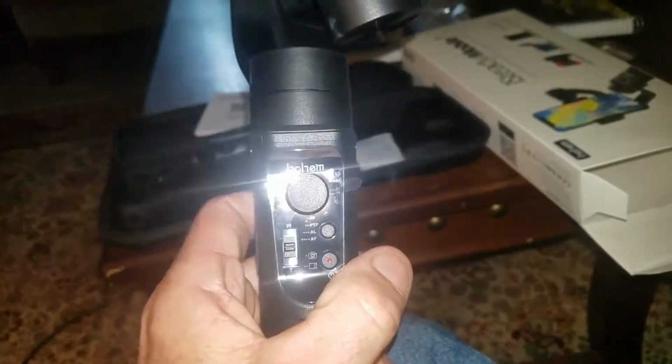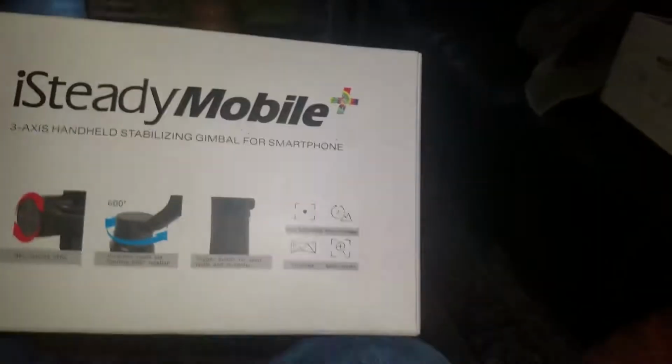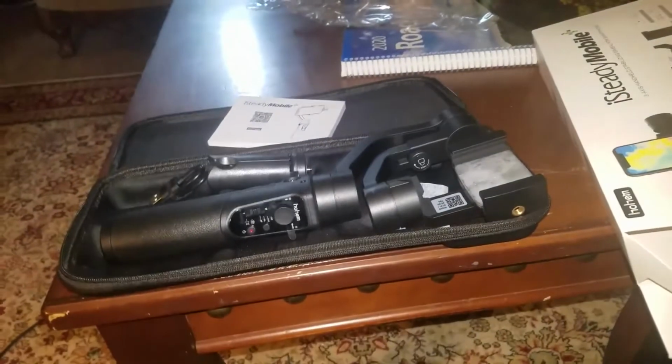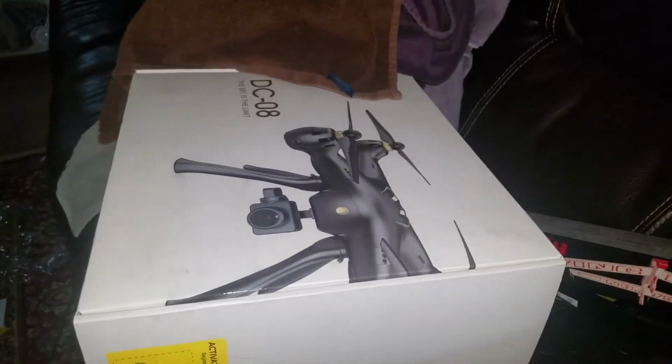This was like $89 plus tax on Amazon. So I picked this up for that particular reason for this trip. It's the Steady Mobile 3-axis handheld stabilizing gimbal for a smartphone. Now that's number 2. The first one was the mattress. This is the camera holder. And right over there, ooh, baby, ooh,